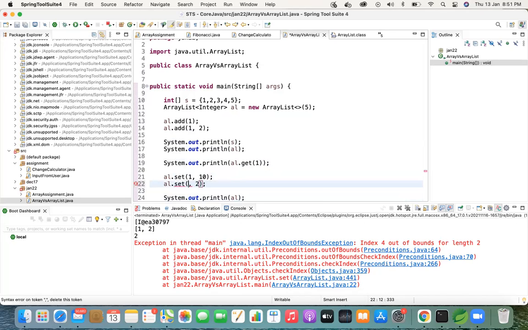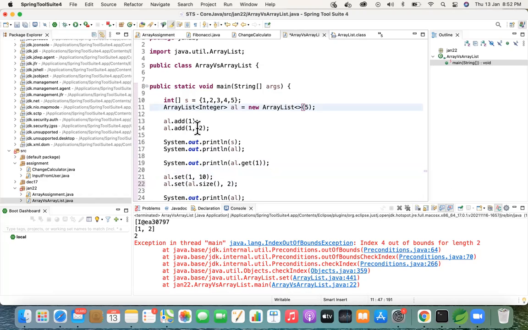So we can do al.length here, right? Will this work? Not length, size. Length is for arrays, where length is an attribute, and here it would be a method. Even if you give al.size, the size of the array list is right now 5, right? But you're trying to set on the 5th position, and you haven't created it. If you see line numbers 13 and 14, you have added only 2 values. So your array list will have only 2 positions and not 5 positions. Though you have created the initial capacity with 5, it will not be similar to normal int arrays.